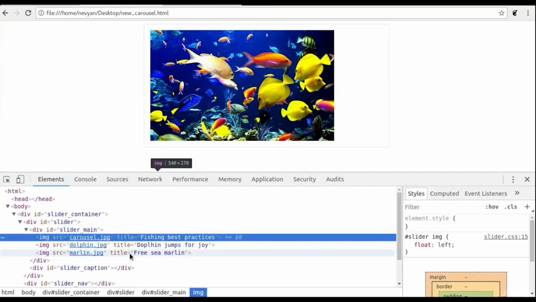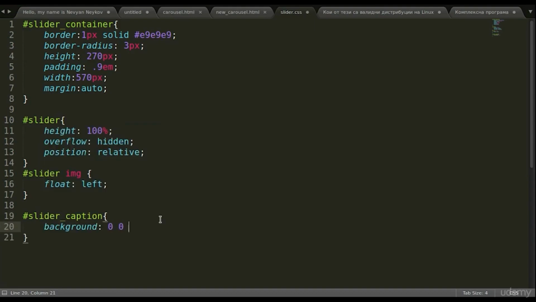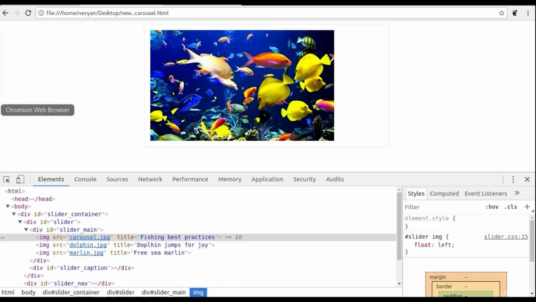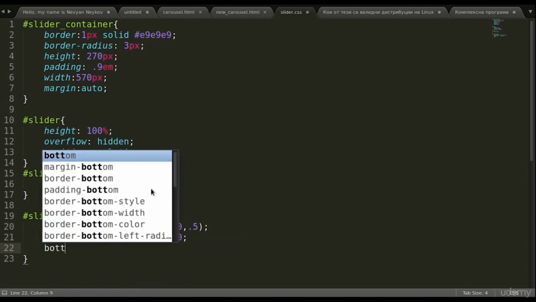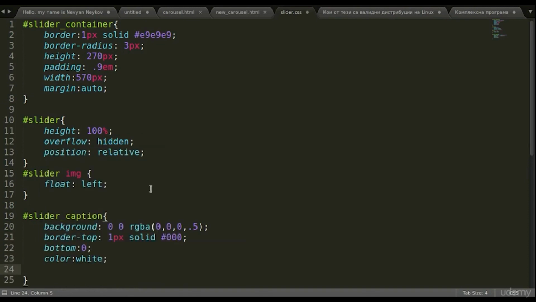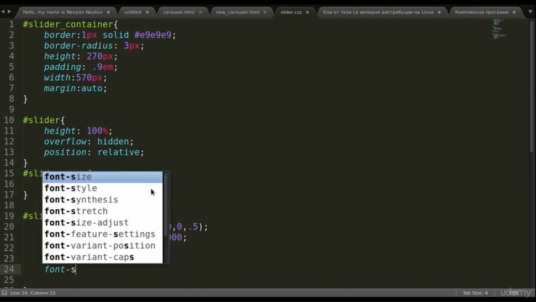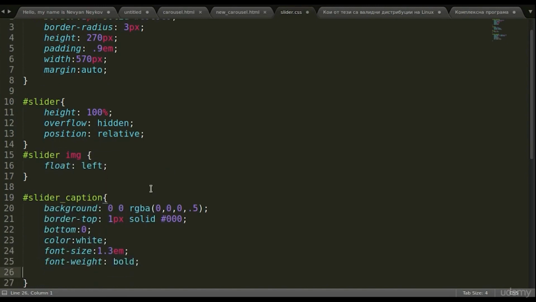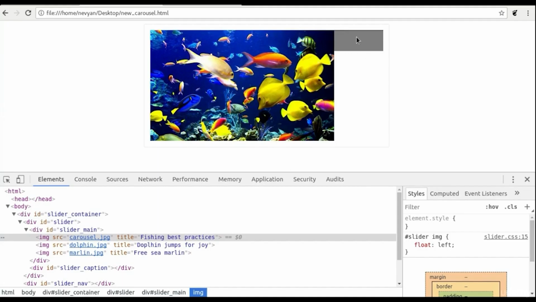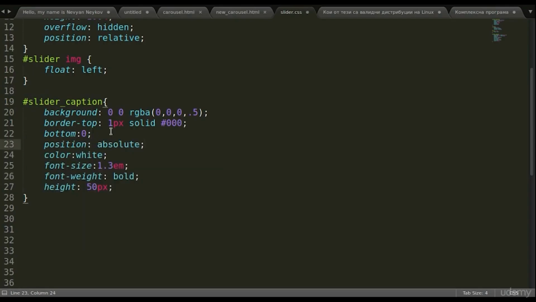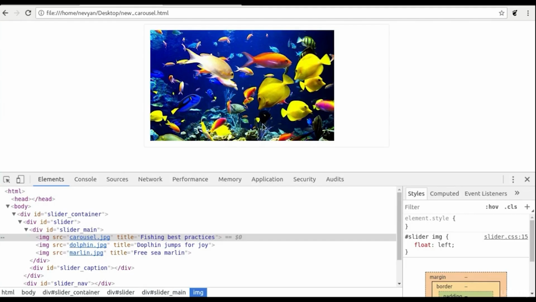Now it's time for the caption element. We set a background color and some border on the top. We position the element on the bottom and give a white color to the caption text, which will appear. Then we set the font size and set the font to be bold. We type a height for the element and we see that the element appears on the top of the container. We'll fix this by giving position absolute, and after giving the width property,